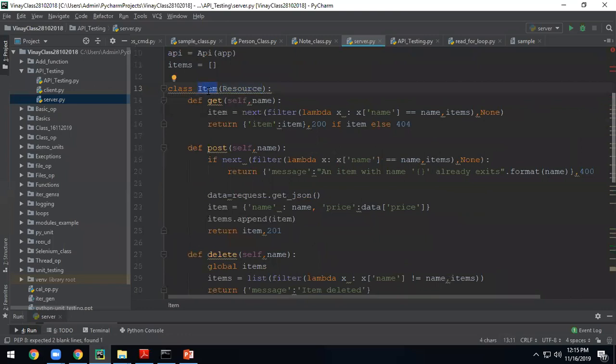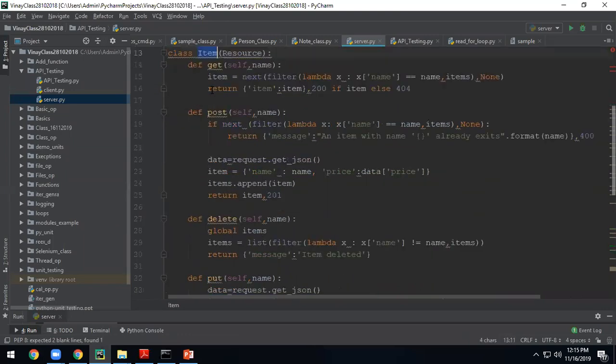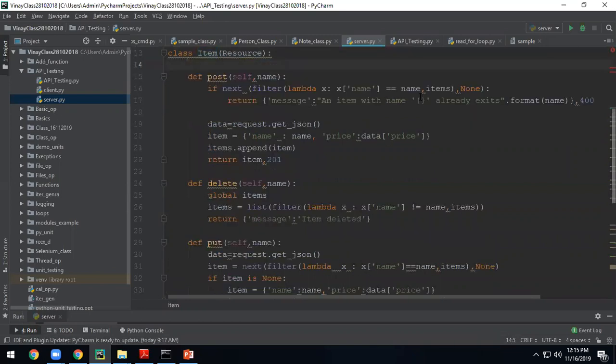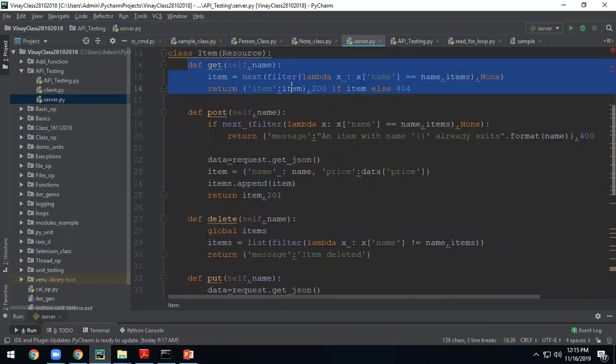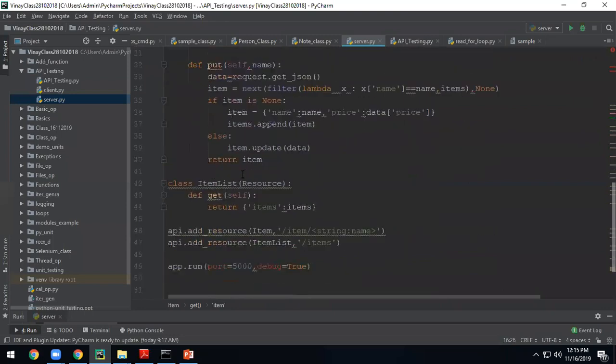So here I have given my own class. Let's say I don't give a get method. What will happen? I'll delete this. The get method that is already available in the Resource class will be called, because you are extending that. But I want my own definition, so I am using this get. It is not necessary that you have everything. Here I have not mentioned put and other methods, so whatever is there in the Resource class will take place. But I am interested only in the get method, to get all the resources from the items that I am collecting.